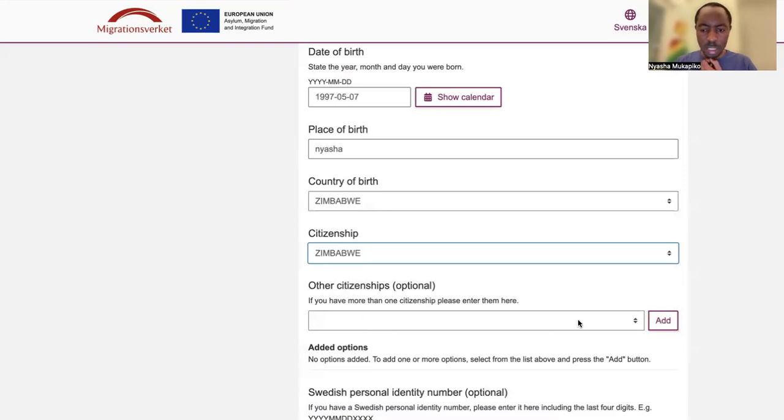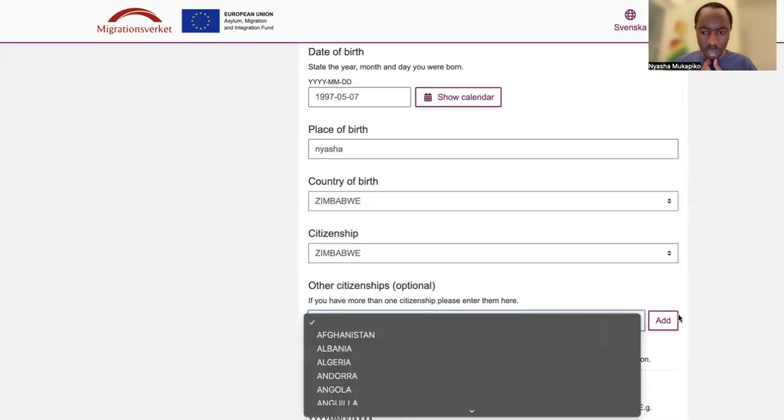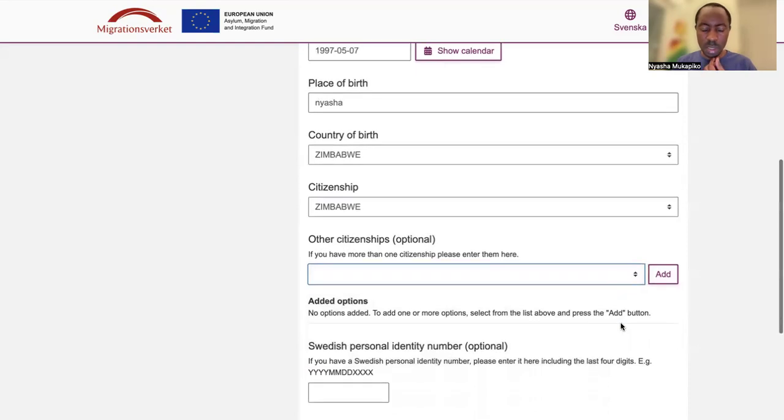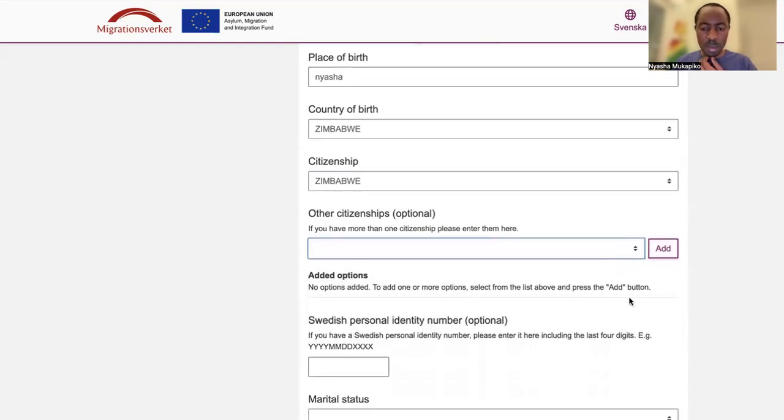Then other citizenship, I don't have any other citizenship, so I'm going to leave it blank. But if you have any other citizenship, simply select it.